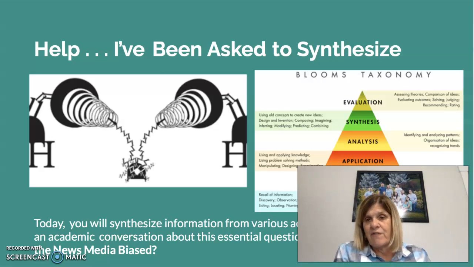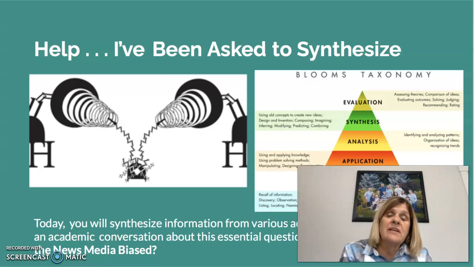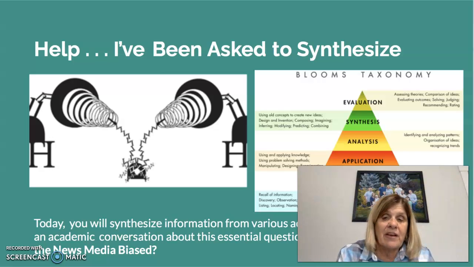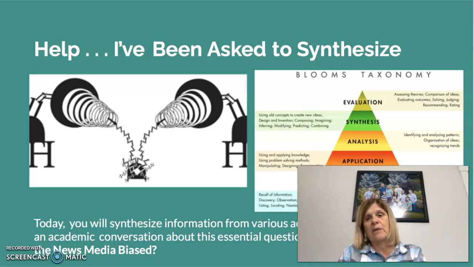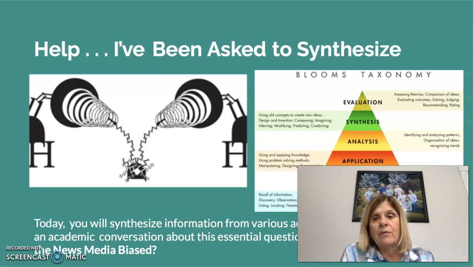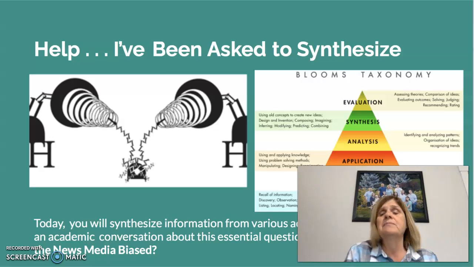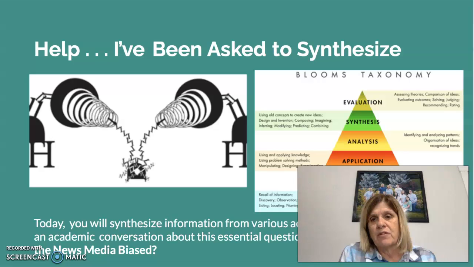So it's recall information. Recall or knowledge information helps us out a lot if we're on Jeopardy, but there's little thinking that goes on. So for example, if I said, name the capital of California, instantly the word Sacramento should come to your mind. When that happens, there's not a lot of thinking going on. But as you move up this ladder with the Bloom's taxonomy model, you can see that each of them is a higher level thinking skill.